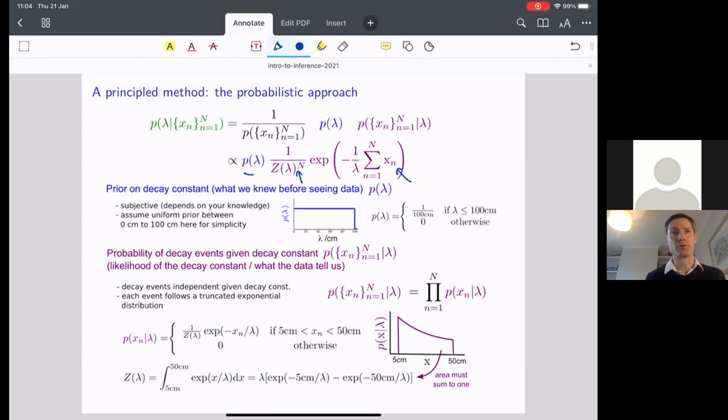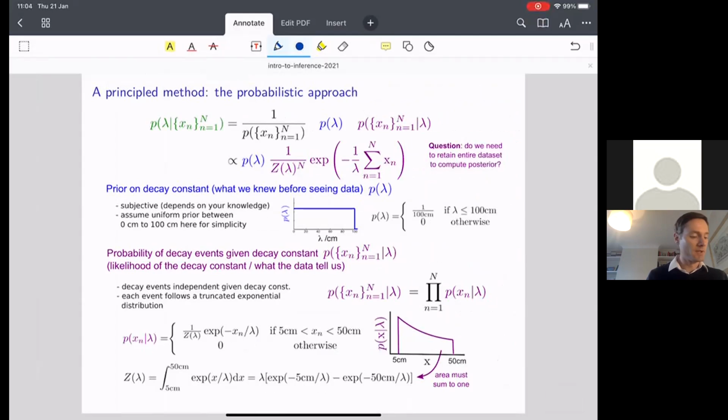Why are we doing this? Why are we drilling down in this much detail? Well, what I want you to think about now for a few minutes is, do we need to retain our entire data set to compute the posterior? Do we need to keep the precise values of all of the decay events in the memory of our computer, or can we get away with storing something rather simpler? If you think about that for a few minutes and look at this